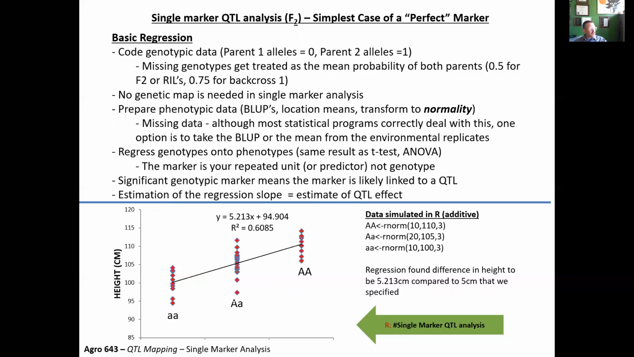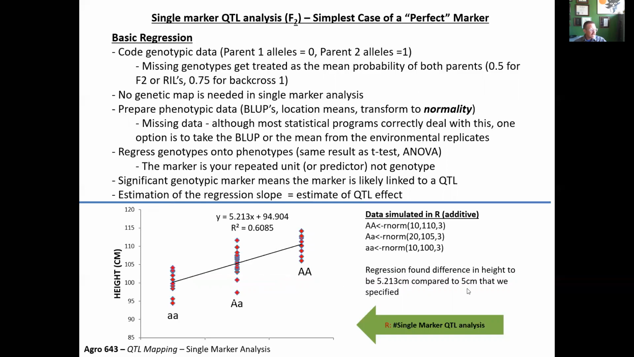And then we're going to simply regress our genotypes onto the phenotypes. So we could use a t-test or an ANOVA. It's important to remember that the marker is the repeated unit or predictor, not the genotype, right? And then a significant genetic marker means the marker is linked to a quantitative trait locus, right? So if we found that this was significant, then we could say that a QTL was detected. And then the regression slope is the effect size,